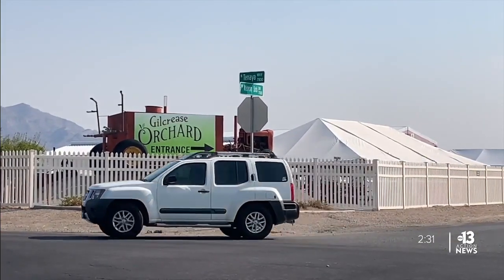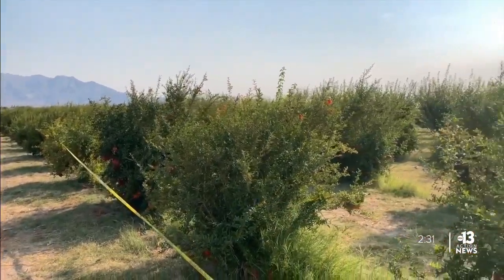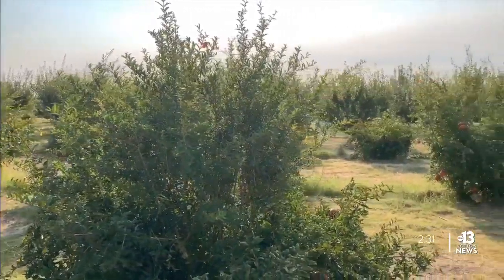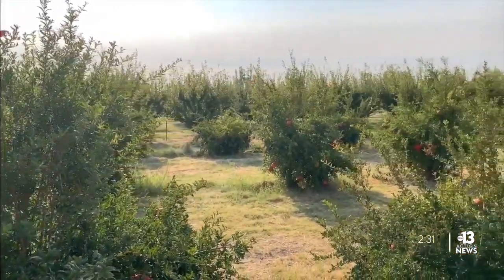The Gilmours moved here in the 1920s, so this is about 100 years old now. They turned it into an orchard back in the mid-70s. We grow all kinds of 30 different types of fruits and vegetables. And so it's really kind of a fun place to come out and bring the family and learn where your